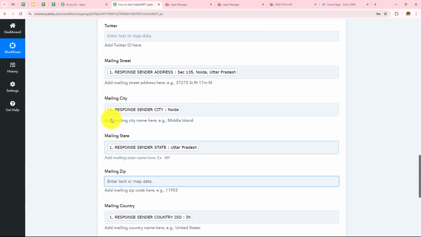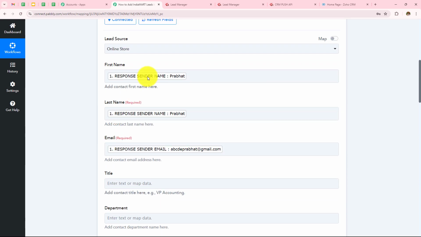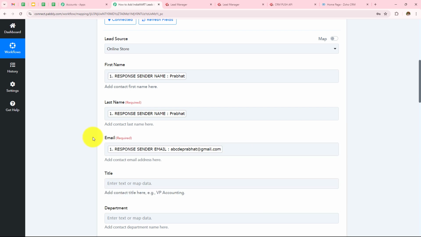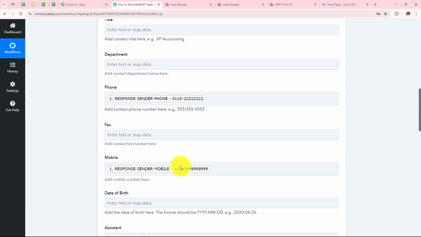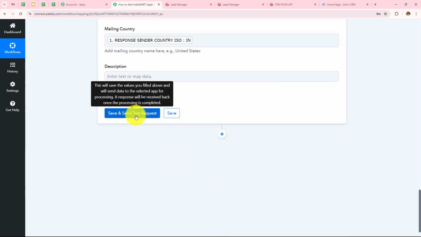Now over here, mapping is important so that every time you receive a new response, it is taken into consideration in these fields. Manually entering the data will make these fields static and the information will not change even if you have received a new response. Over here, if I write my email address manually, this field will become static and on every new response, the result will not change. So as to keep these fields dynamic, we use this process, mapping. Now I simply have to click on Save and Send Test Request.